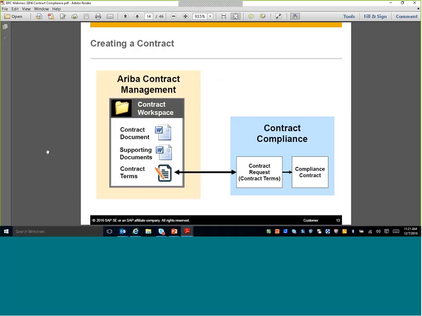Okay. So when we talk about creating a contract, we've talked about contract management and contract compliance, and I'm trying to show these two together as a comparison. If you don't have contract management, you don't have the collaborative sourcing subscription, it's okay because we can do the majority of this in our procurement solutions, but I am trying to show for those who are suite integrated how this fits in, right? So you can create a contract terms document within a contract workspace, and you're going to see there's